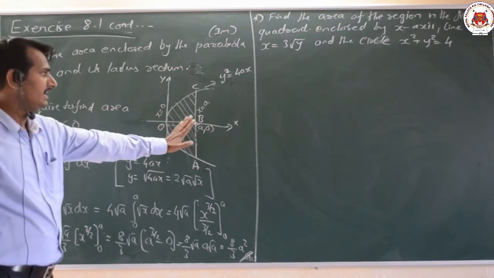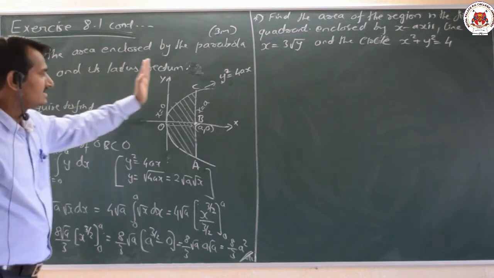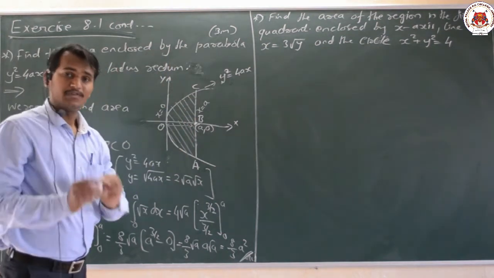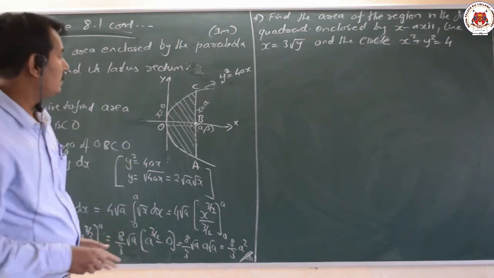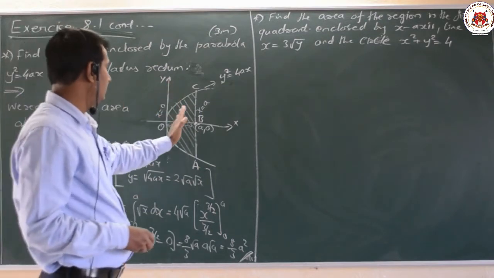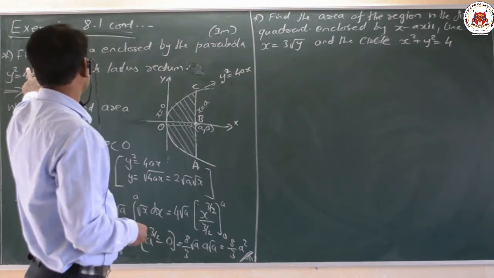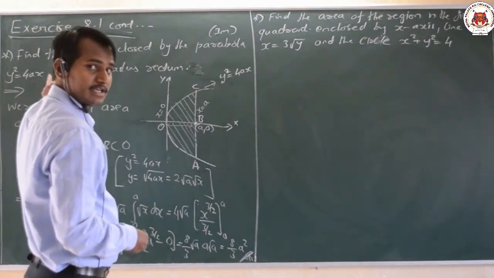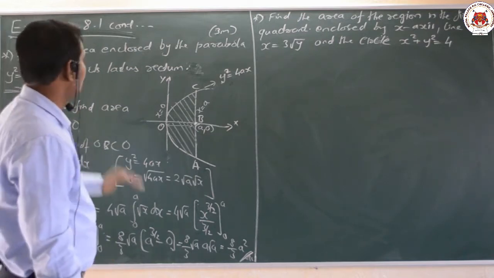So it is nothing but the area under the simple curve, that is the equation of the parabola and its latus rectum. Before solving this problem, it is very important to understand the basics: the latus rectum always passes through the focus. And here the distance will be a, because the constant value is a here. It is in the standard form. Okay, dear students, that is all about the first problem.